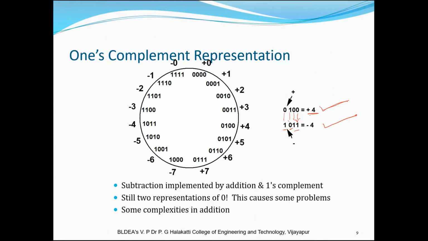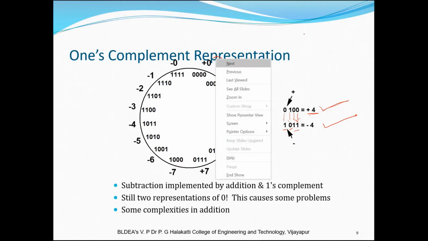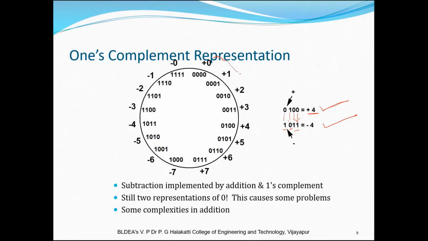So if you can see here in the chart, we have plus 0, 1, 2, 3, 4, 5, 6 up to 7. Now say for example I have 0, 0, 0, its complement is 1, 1, 1. So 0, 0, 0 was represented as plus 0. Now if it is complemented, I will get 1, 1, 1, which is nothing but minus 0 in one's complement.